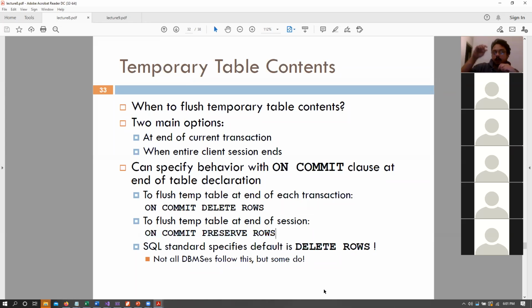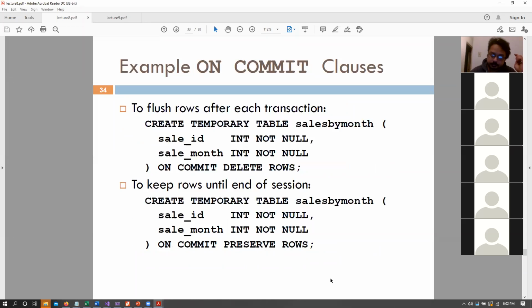So imagine that you open up a session and you do multiple things and you want to maintain that temporary table across different queries in the same session. So for that, you would say on commit preserve rows. However, if this particular temporary table is just a temporary variable, I'm going to use it for this particular query, and after that, I don't need it anymore, then you would say on commit delete rows, right? So essentially, in order to specify that, you just say create temporary table, blah, blah, blah, on commit delete rows or on commit preserve rows.